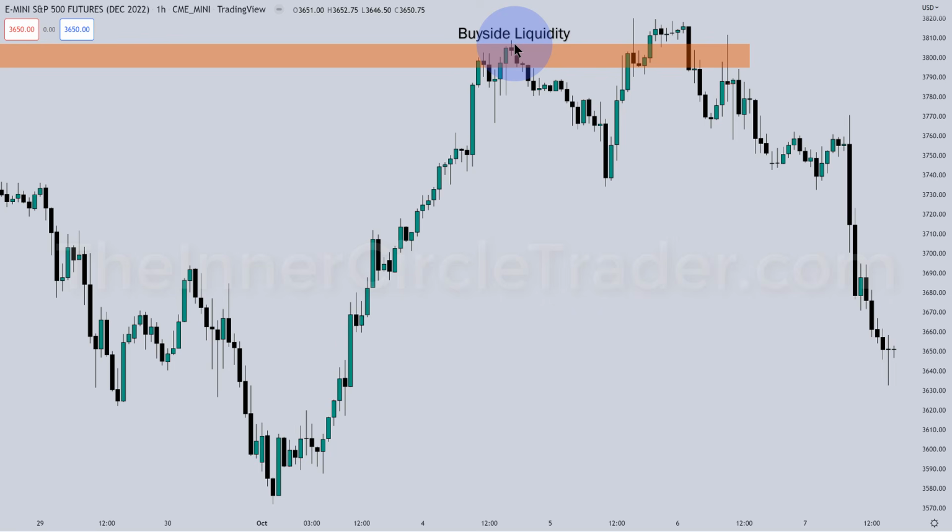I'll outline it here for you now. So we had a pool of liquidity taken here when price ran above it there. So we moved just a little bit outside of that volume imbalance on the daily chart. Remember that orange shaded area? We went just a little bit above that and then broke lower. If you look real closely, you'll see there's a little swing low right there. Now, the model I taught on the YouTube channel is where we see a pool of liquidity raided. Once that liquidity is engaged, if we break down,